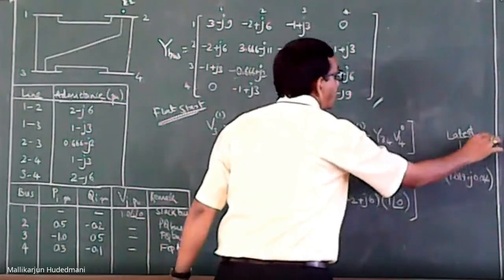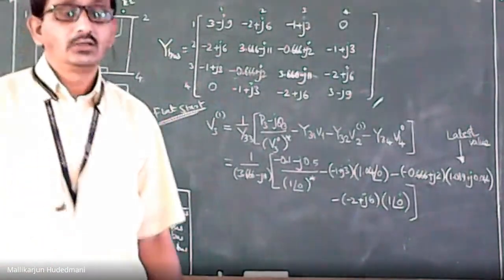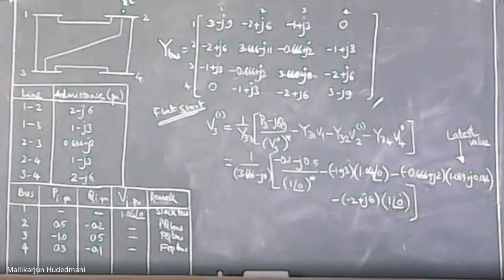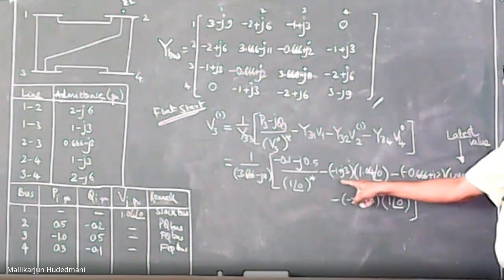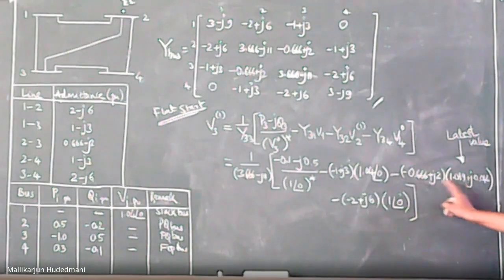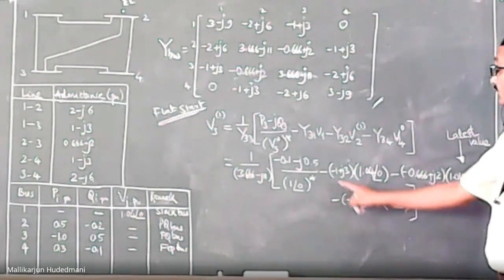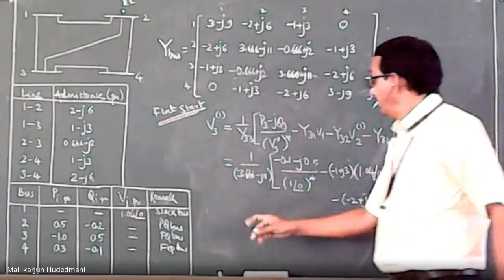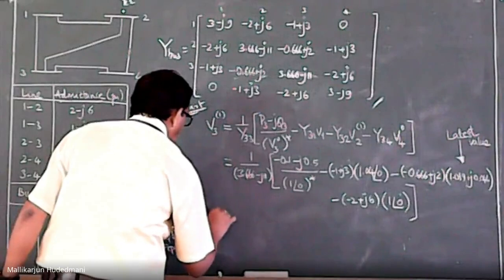This you must take care. This you must incorporate in your calculation. Clear? So now when I substitute all the values, I demand mathematically the product of these terms, V1 with the y31, V2 with the y32, V4 with the y34. When I simplify it and take 1 by y33, I will be getting the value of V3 of 1